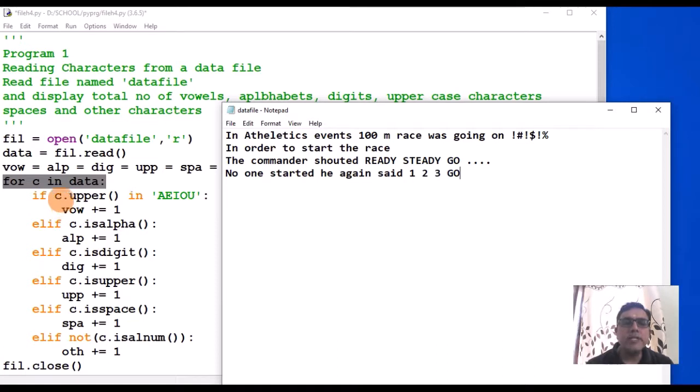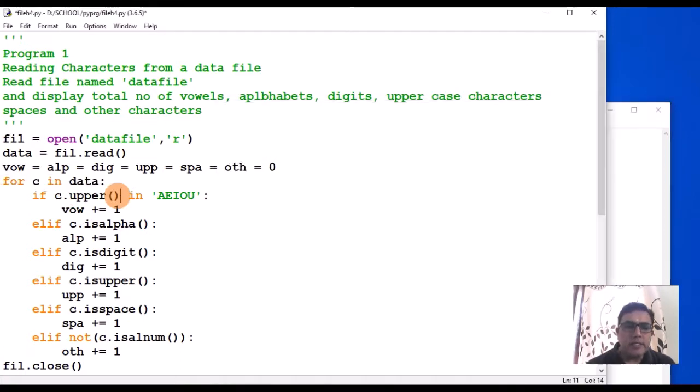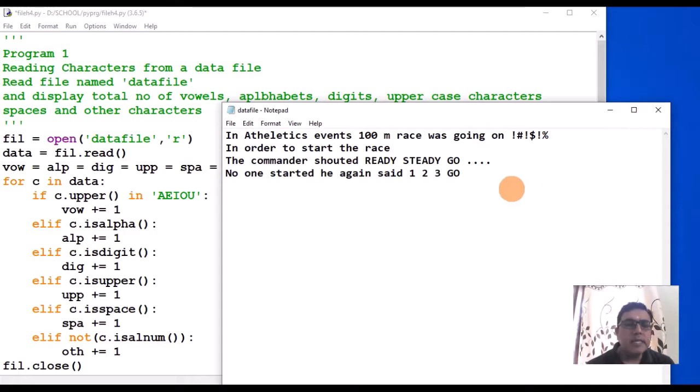Now C is containing small n, and it will check whether C is an alphabet or not. It will come to know that C is an alphabet, so it will come in the true part of this if, then ALP will be incremented by 1. So it has found one alphabet.